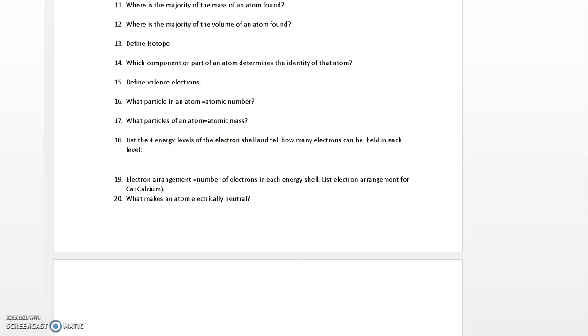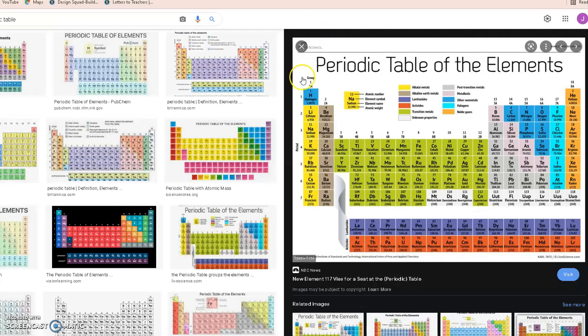And let me show you on the periodic table. The periods are the sections of the periodic table that go horizontally across. So this will be period 1. See, here's the word period. Period 1 goes across this way. Period 2 goes right here. Period 3 right here. Period 4 across this way. And so that represents another electron energy level. So period 1 would just have 1. And it can only hold 2